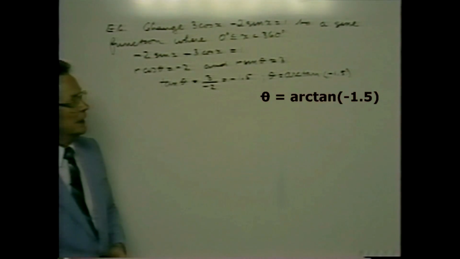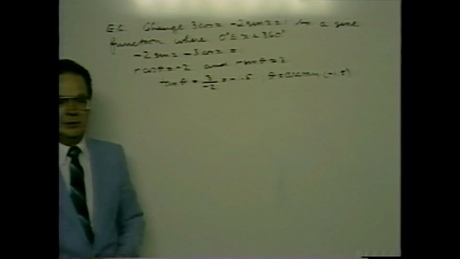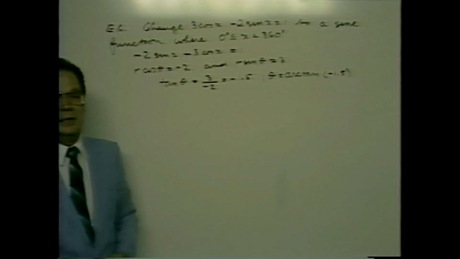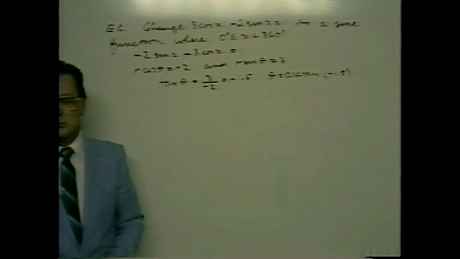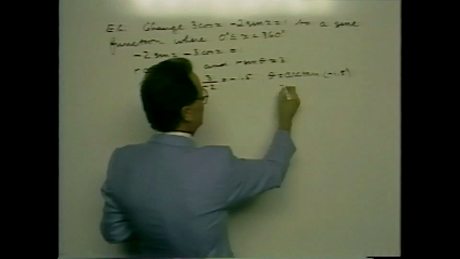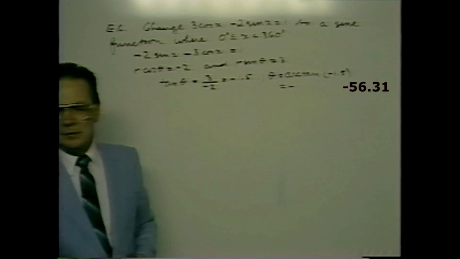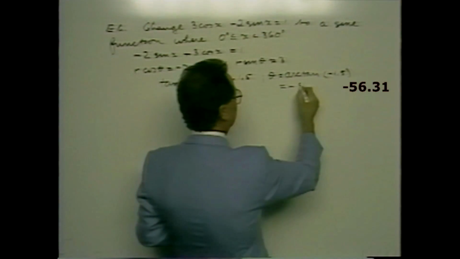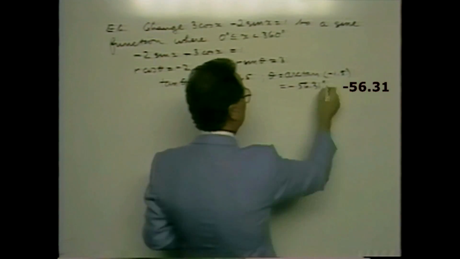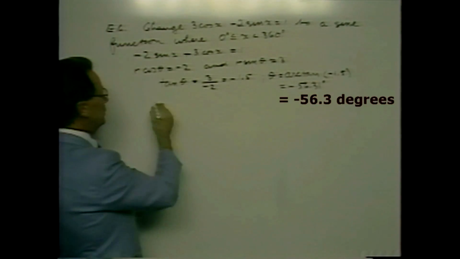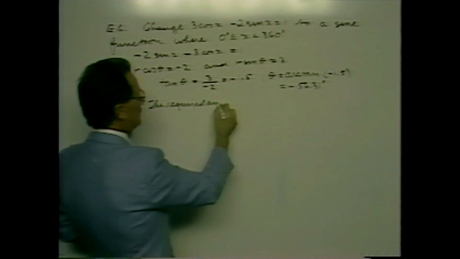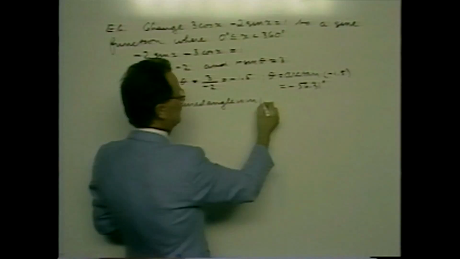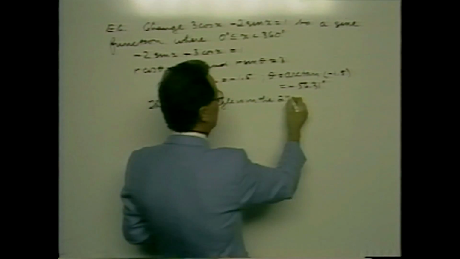If you place negative 1.5 on your calculator and use the inverse function, you'll find the angle given is in the 4th quadrant. But that cannot be the correct angle, so you have to make the necessary adjustment. In fact, you find that it is equal to negative the value of 56.31, a 4th quadrant angle. You must come to the conclusion that the required angle is in the 2nd quadrant,